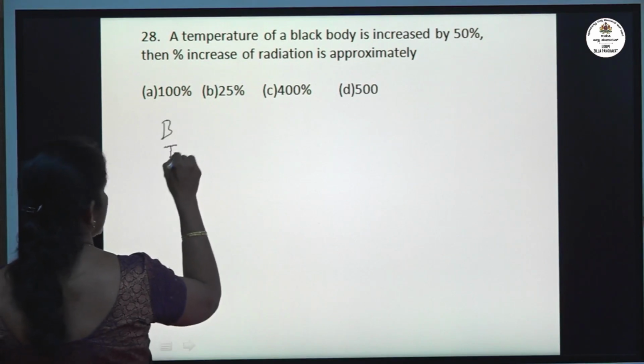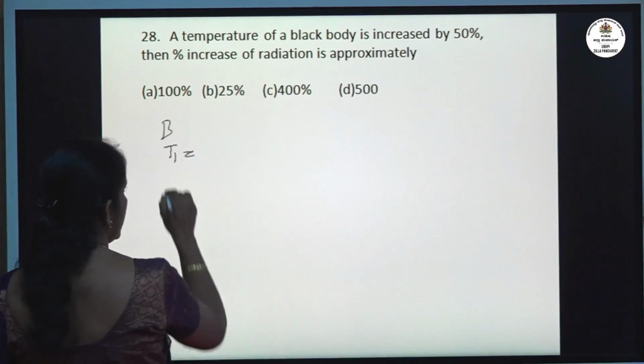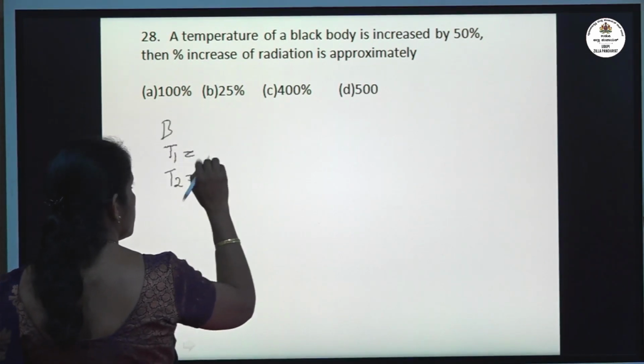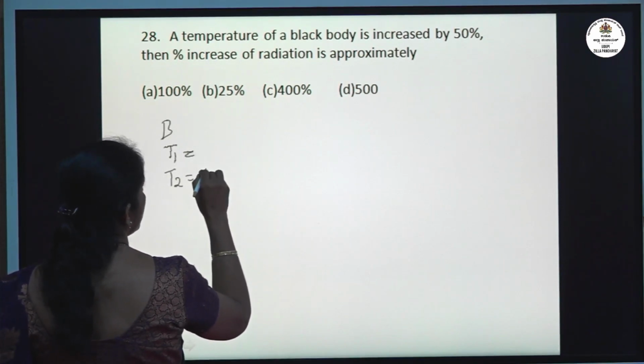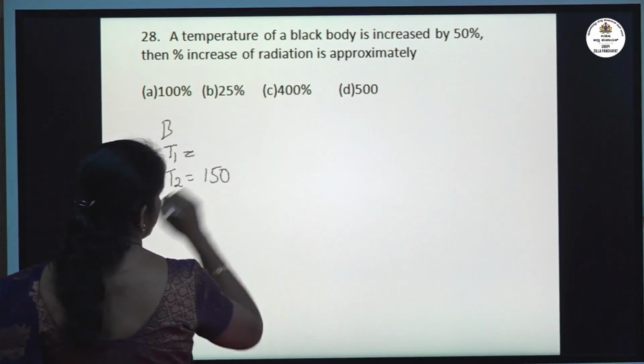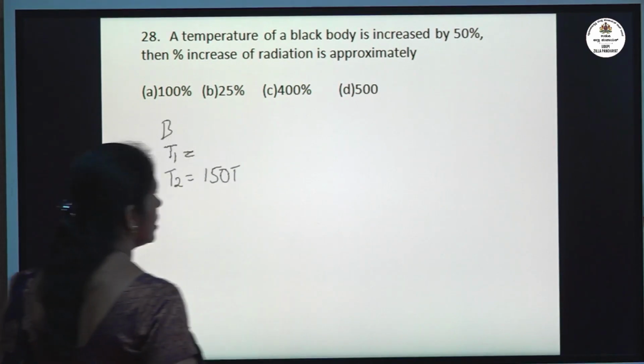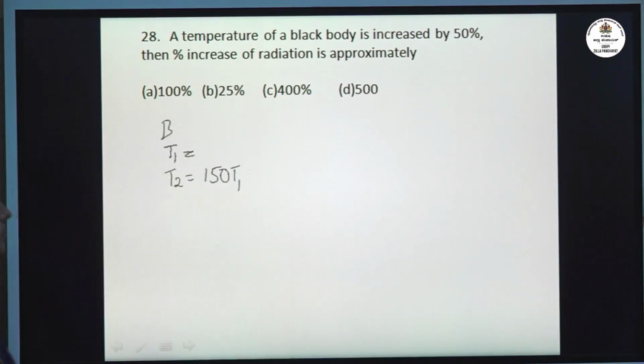Say T1 is the initial temperature of the black body. T2 is more than T1 by 50%. Say 150% of T1. Then percentage increase of radiation is,